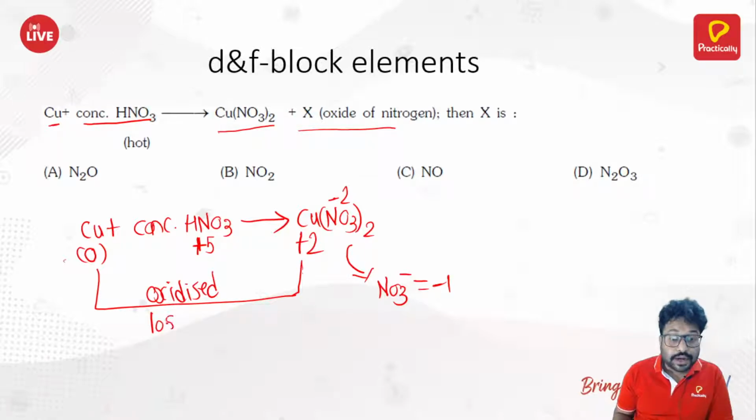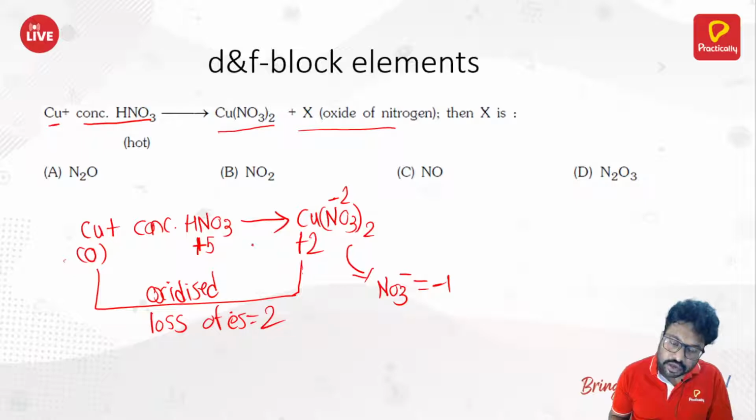It is losing 2 electrons. Loss of electron is equal to 2. But nitrogen was in the nitrate form here also, and it was in the nitrate form here also. In NO3 1 minus also, the oxidation state of nitrogen is +5. The oxidation state is same in both cases, right? Then how can it